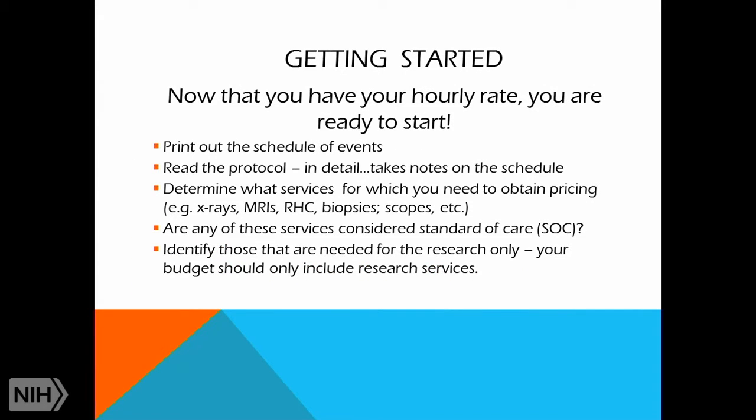You can do that for each person, or you can take the average cost. If there's several coordinators in your department that are working together and you just want to take the average of all of their salaries, you can do it that way. But you need to have some sort of hourly rate so that when you're working on your budget, you know what amount it would be that you either break even or you would lose money. You have to have that middle ground.